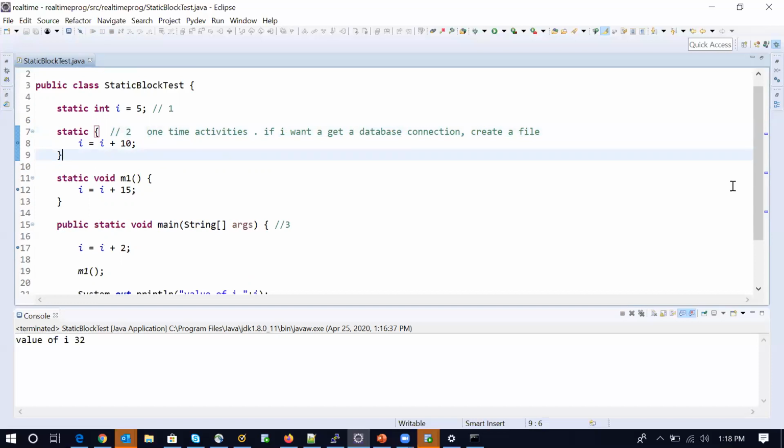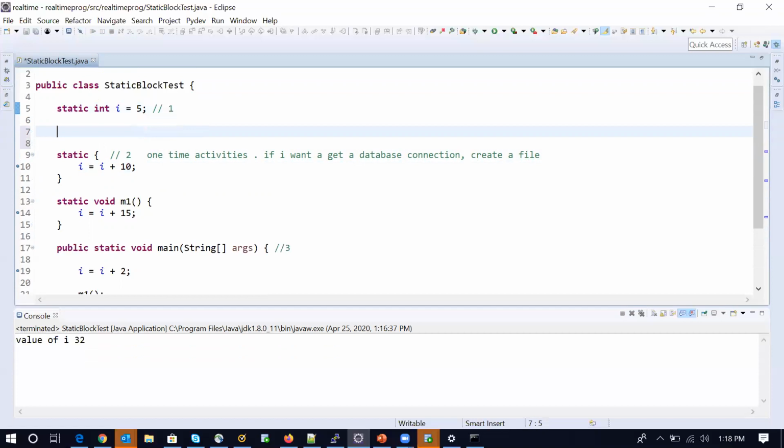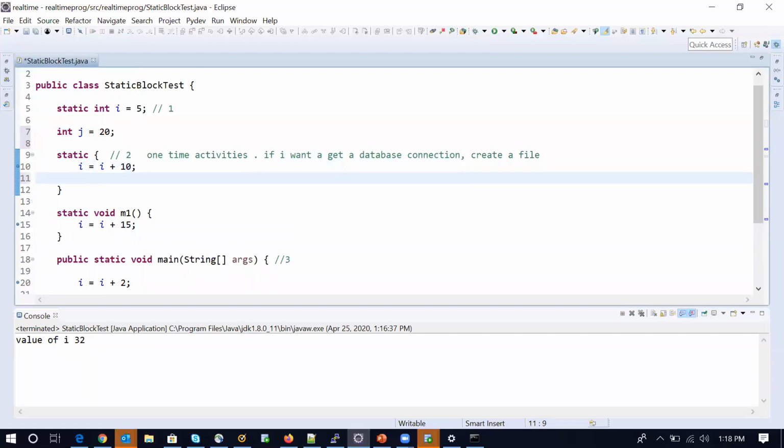Next, within a static block we cannot call non-static variables. For example, int j is equal to 20. Now I cannot access the non-static variable directly. I cannot say j is equal to 40 or 50, because a static block or static methods will only allow other static members to be used.